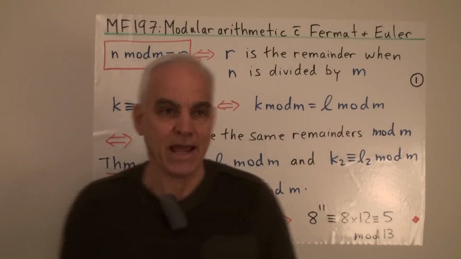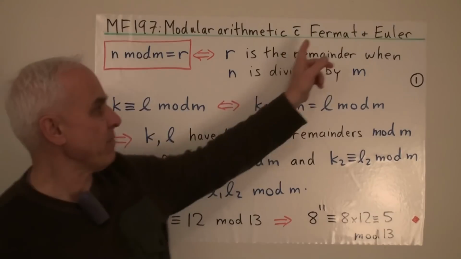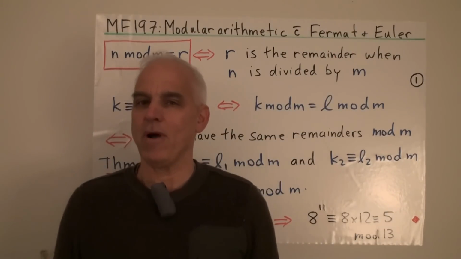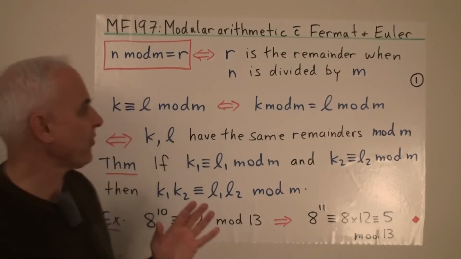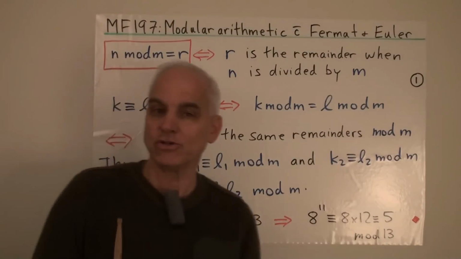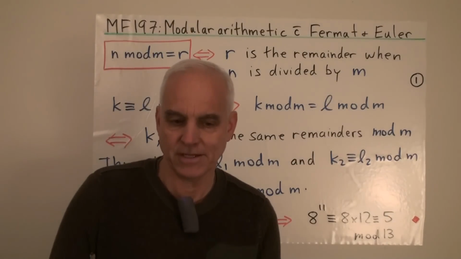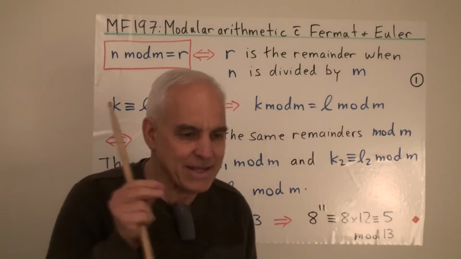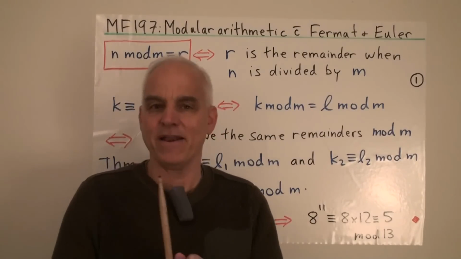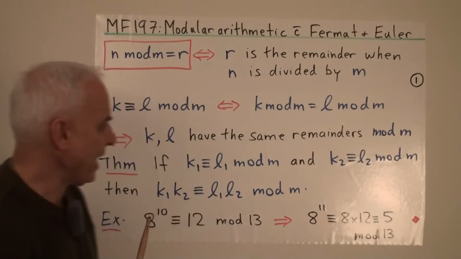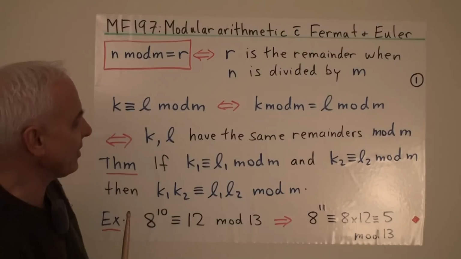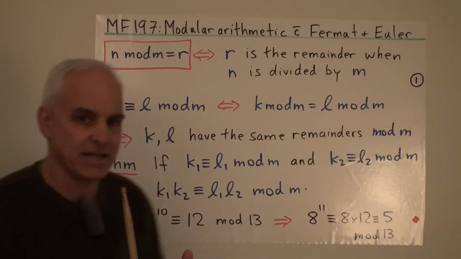Today we're going to have a look at two very beautiful and important results due to Fermat and Euler, which help us greatly when we're working with modular arithmetic. These are very insightful and actually fun kind of results. And to motivate this, let's just first set the scene again.